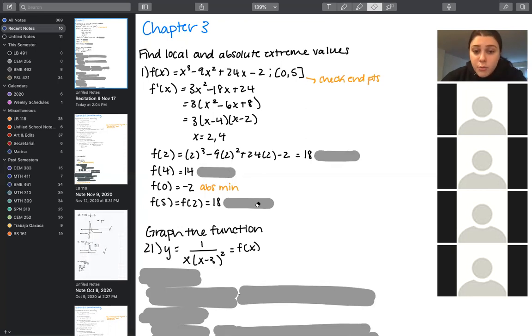Relative to these other 2 points, this is going to be our relative min, our local min. And these two should sort of make sense. So if we know that this polynomial, it's a cubed function, it's going to be curvy. If we can picture that, if you wanted to do more work and plug in points and be sure, you can always do that. But based off of what we know about how polynomials exist, specifically cubic functions,